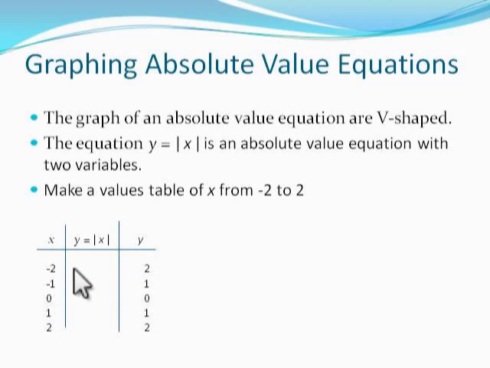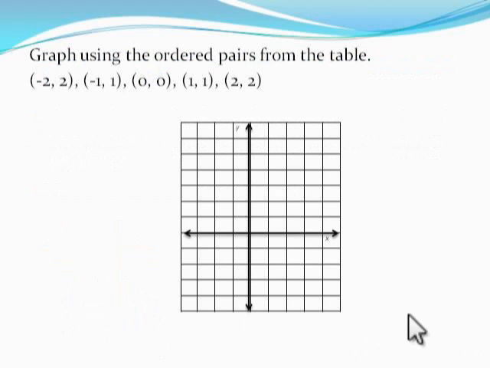That means that if I put negative 2 in for x, the absolute value of negative 2 is 2. So now my ordered pairs are negative 2, 2, negative 1, 1, 0, 0, 1, 1, 2, 2. So let's look at the next page and let's graph those. Again, I've written them down from the table. We started at our origin, negative 2, positive 2. There we go. Then negative 1, positive 1,